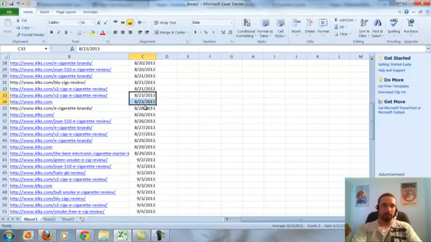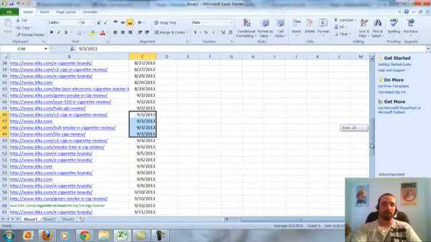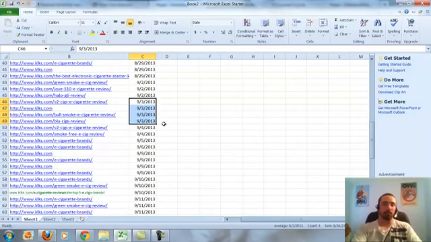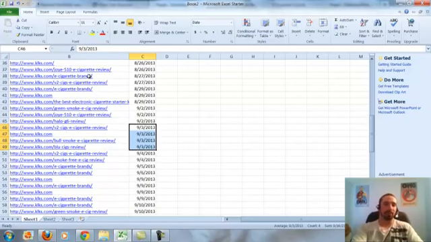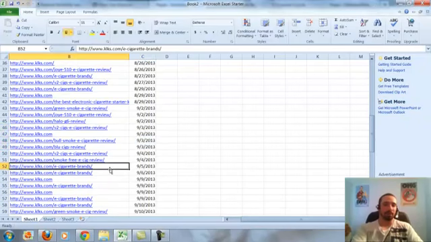Then I waited 2 days, 3 days, 1 day, 2 days, a couple days, 1 day, 1 day. So a lot of these are just 1 day in between where I'm really starting to pick it up. But I don't do 1 day, 1 day, 1 day, 1 day, 1 day, 1 day. I'll do like 1, 1, 1, then I'll wait 3, 2, 1, 1, 2, 3. I mix it up, as you can see here. But notice that I pick it up even more on the e-cigarette brands now because that's really starting to rank. I'm linking to it almost every day now.